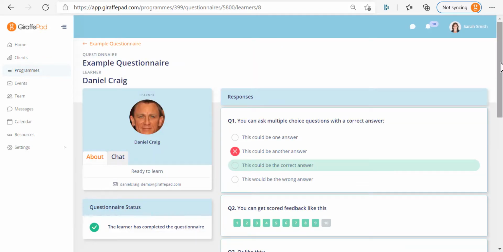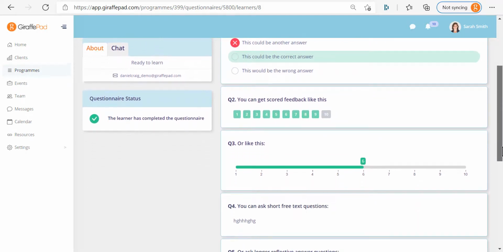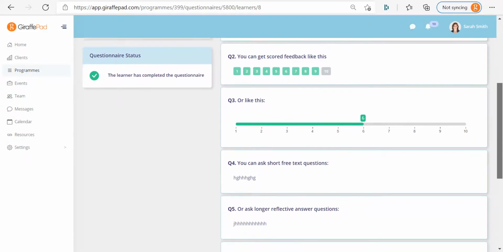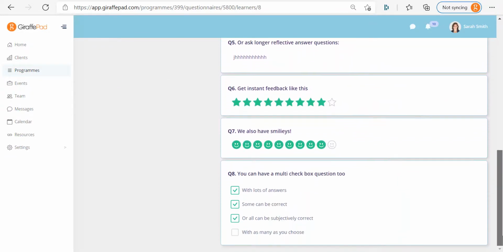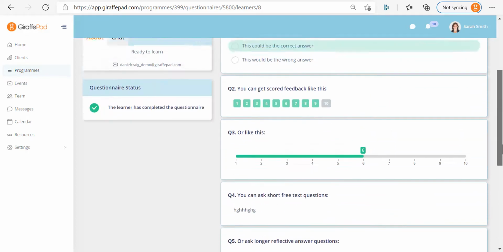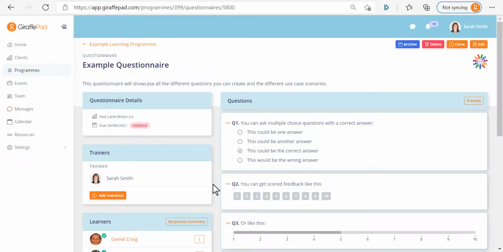So this is Daniel having completed his questionnaire. So we had a multiple choice question here. Daniel answered it this way with a cross, and it's shown him the correct answer. You can see how he scored it with the feedback. He's not typed much into the free text questions, and all the way down with the multi-checkbox questions at the bottom as well. And if we come back out again to have a look at another learner's answers,